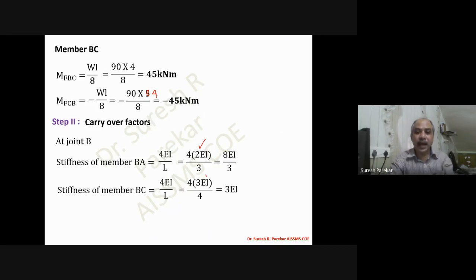Students sometimes do not consider this value in examination and ask, sir, I have only considered EI, then what marks will I get? See, due to EI there may be a lot of changes. If your frame is a non-sway frame, it can become a sway frame, and therefore you cannot say only EI, because that changes your problem. So whatever problem is given to you, you change the problem and then solve it. Then it is difficult to give marks in that case. So for EI, we have to be very careful and put the value accordingly.